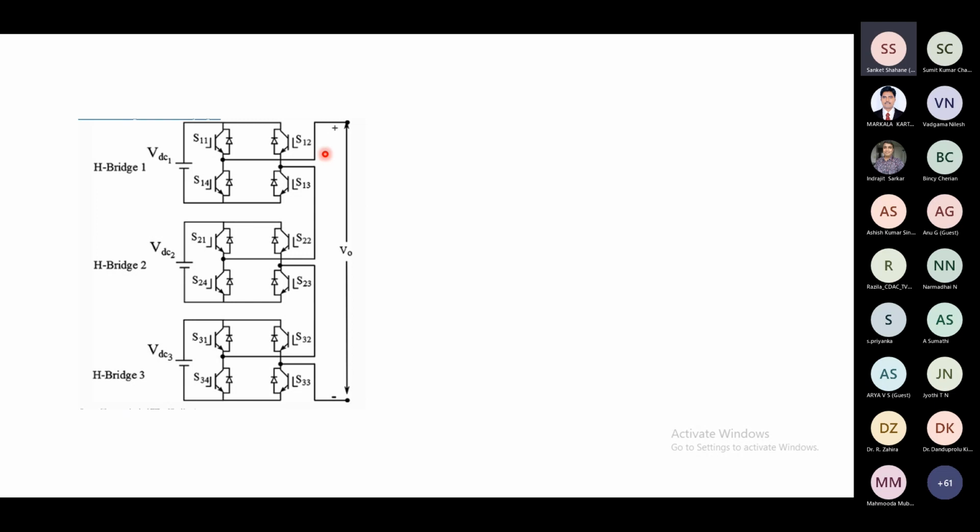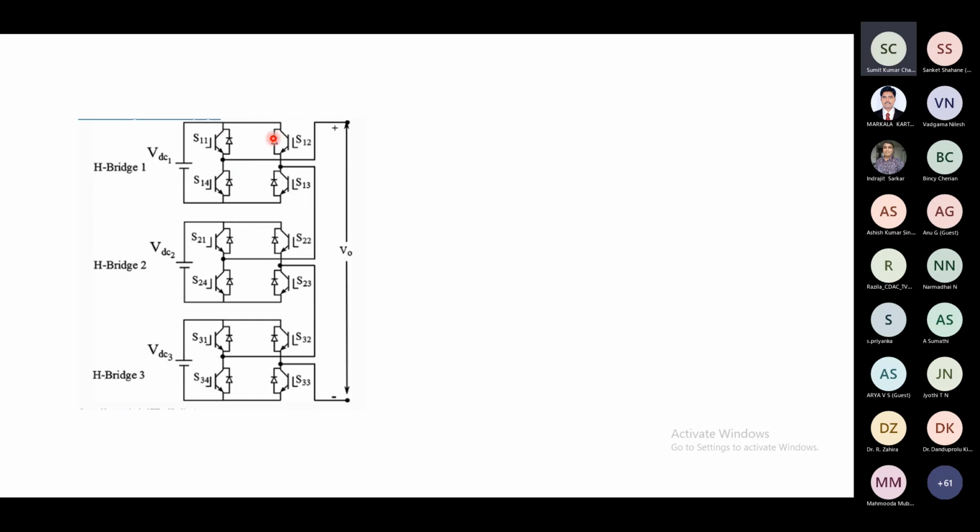Sir, the body diode of S11 and S12 will conduct. Yeah, but one thing we must remember, when it's a DC to AC converter, it can be connected to any kind of load. That means it can be operating at any power factor. That means even if the voltage is positive here, the current can be negative, that means even if the voltage is positive, current can be in the inverse direction. There, S11 and S12 both, or S14, S13, right, both are correct options.